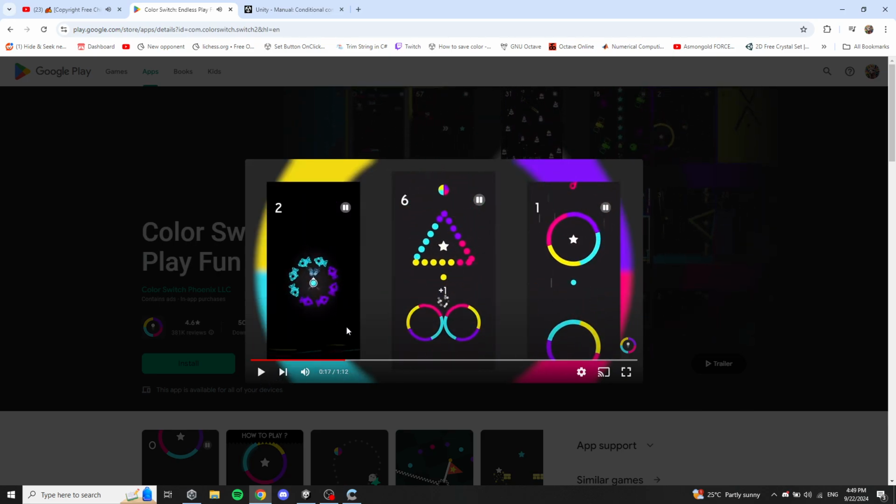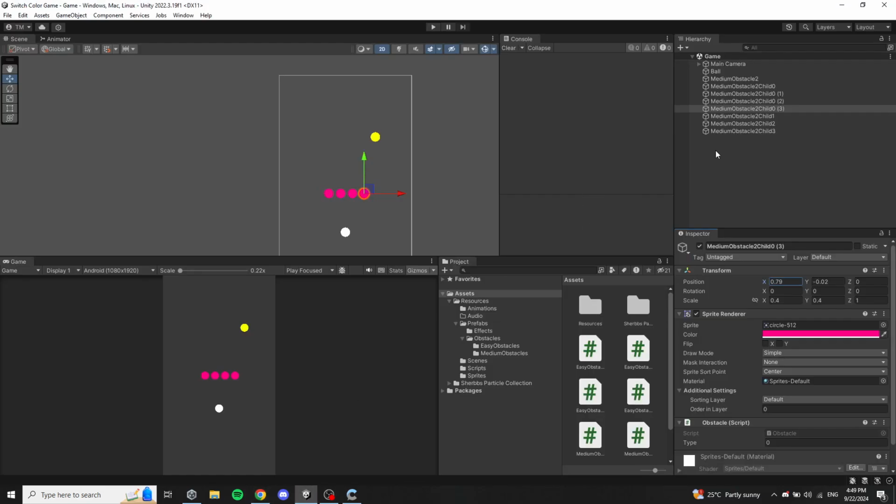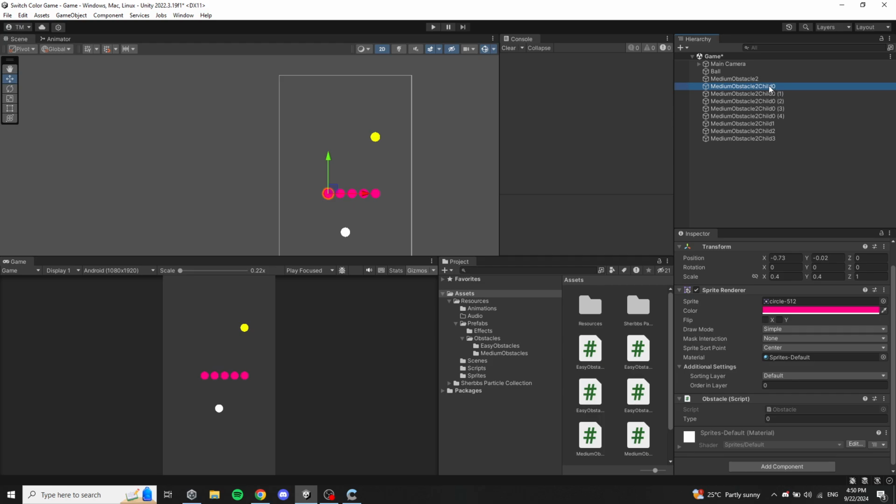Okay, so we need 5 of each type. And let's make a script for this, but before that